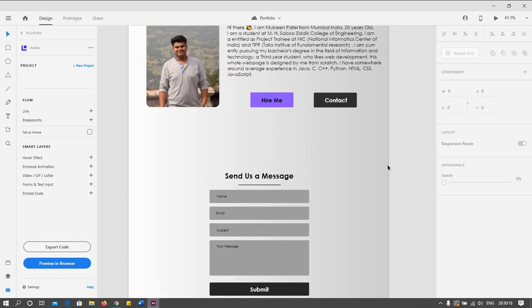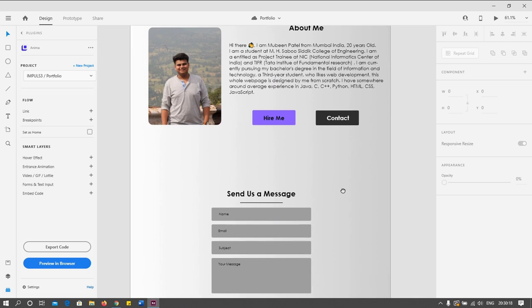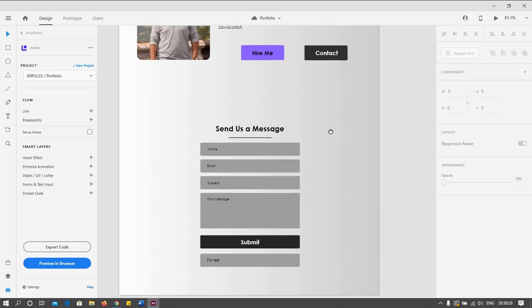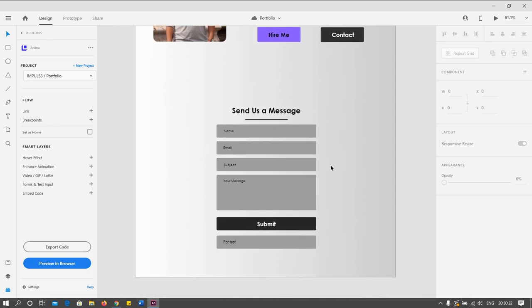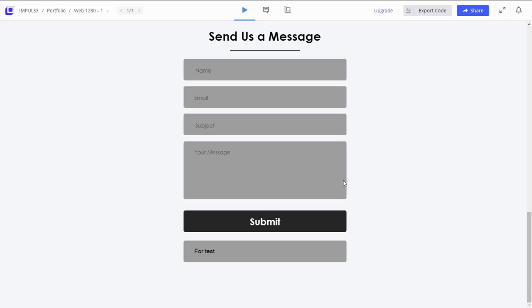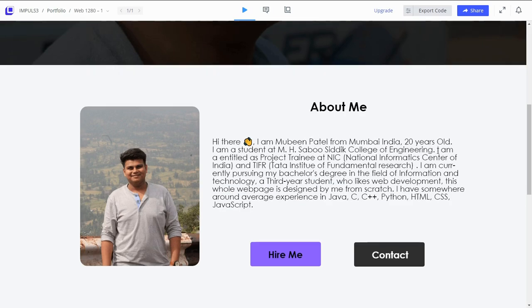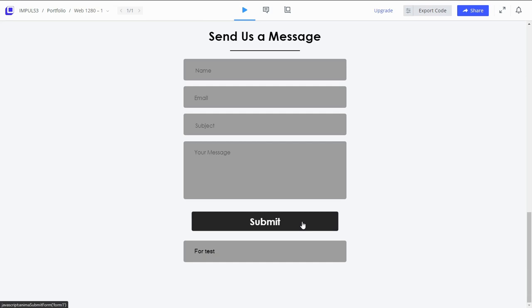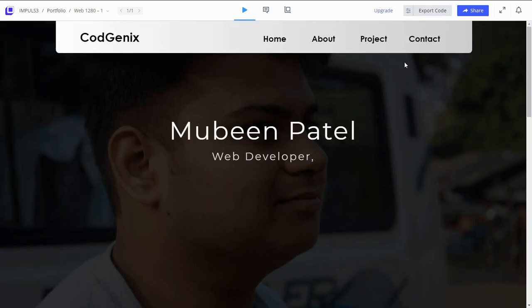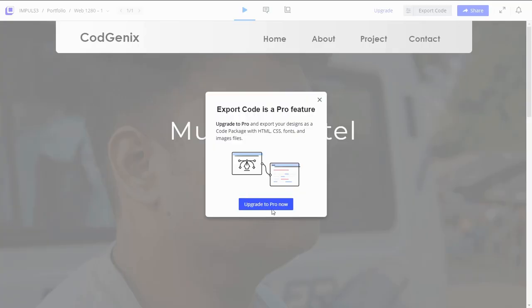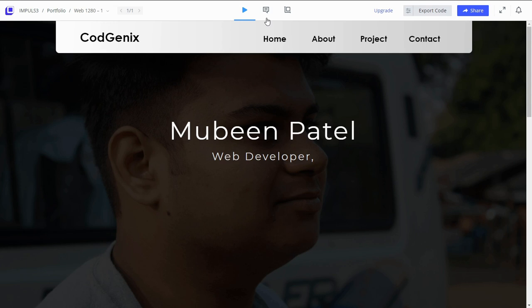So this was a short explanation of Anima and how you can create your website without coding and as you want it without restrictions. And if you are a developer and you'd love to tweak it a bit more, you can export the code and you will get the complete HTML, CSS and JavaScript files to work with. It was a free feature while we were testing it in beta, but in public releases you have to pay a certain amount and get a pro edition.